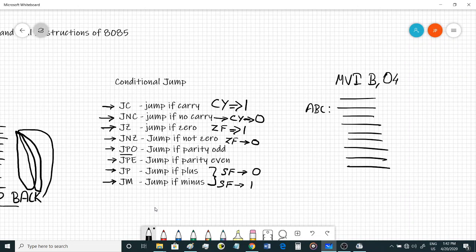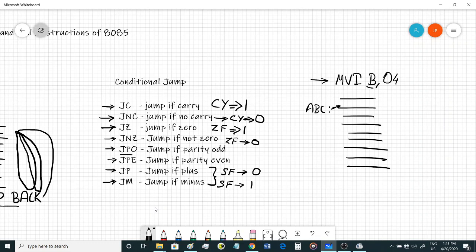Don't put the MVI instruction inside the loop, because if you put the MVI B, 04 instruction inside the loop, or if you initialize the count for the counter inside the loop, it will keep initializing in each loop and your loop will never end. So that becomes an infinite loop again. So you should always initialize your counter outside the loop so that you will get the exact number of loops.